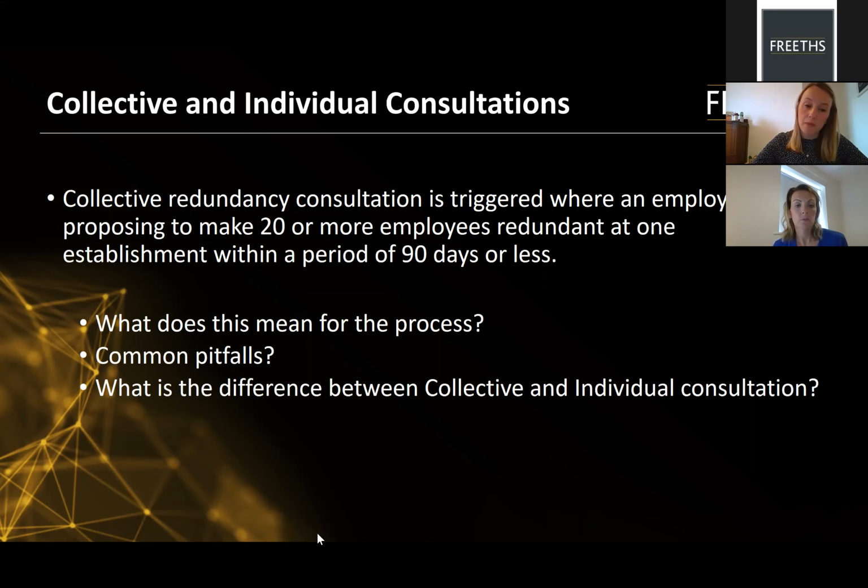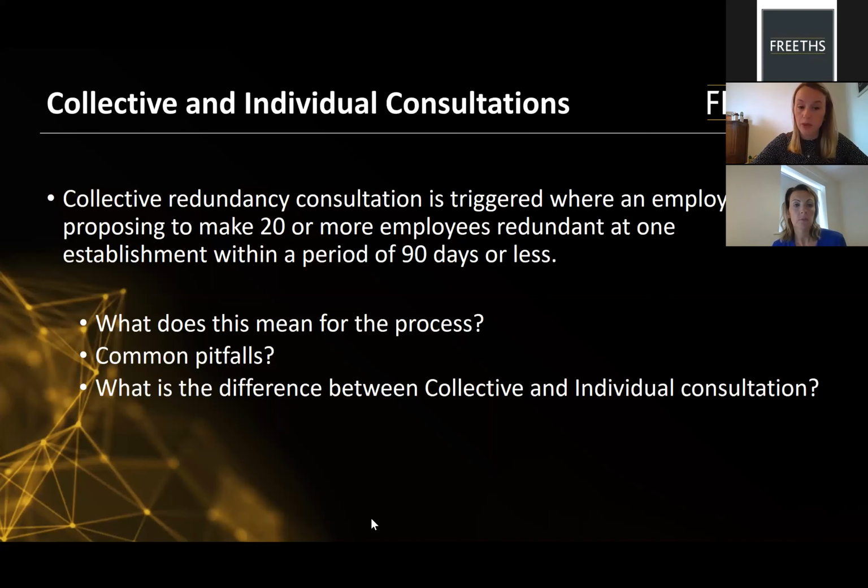The next pitfall we wanted to highlight was the specific written information that needs to be provided as a minimum as part of the collective consultation process. Again, this information would either be provided to the employee representatives or to the trade union, depending on who you are consulting with. That information is set out in section 188(4) of the TULRCA legislation, and it includes the reasons for the proposed redundancies, the number and descriptions of employees whom it's proposed to dismiss as redundant, the total number of employees